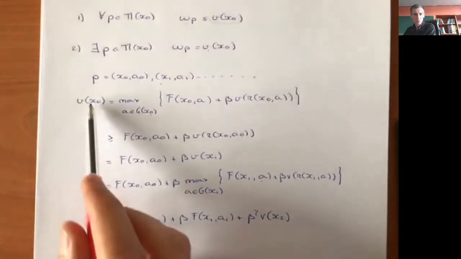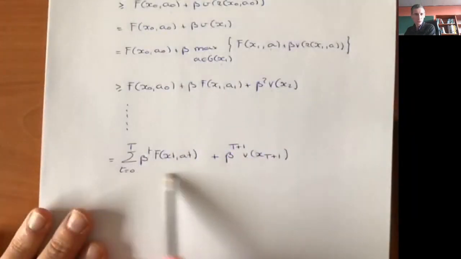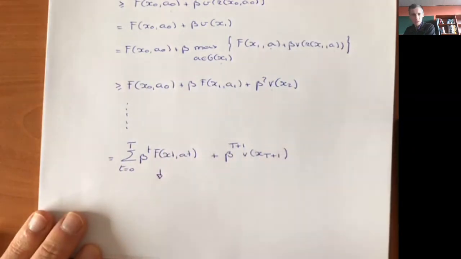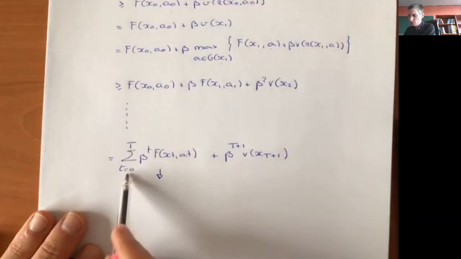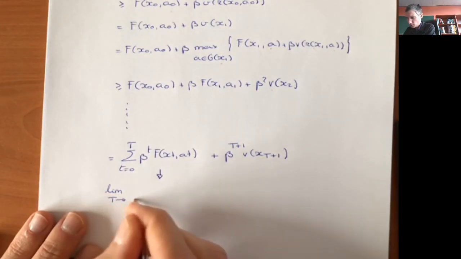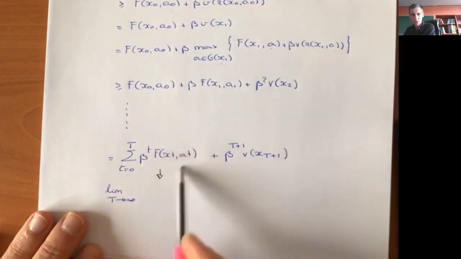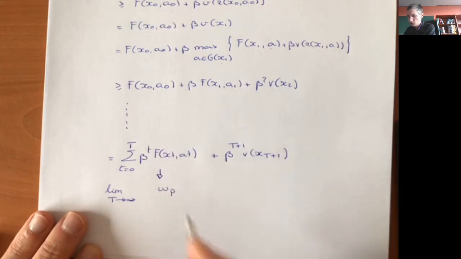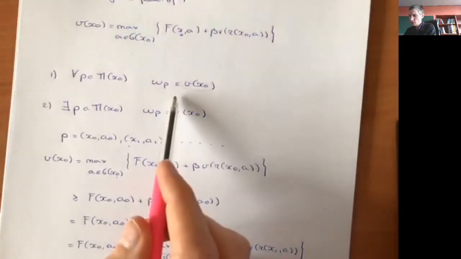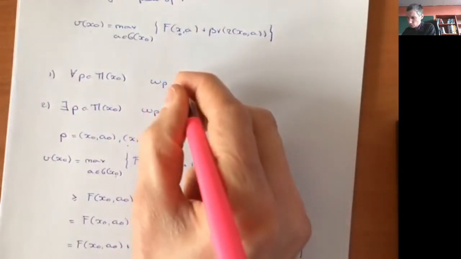So v of x0 is greater or equal to this thing here. This is a sum from 0 to t. If I take the limit t going to infinity, this here will converge to w of p. So v of x0 is greater or equal to w of p, which is actually what we wanted to show,